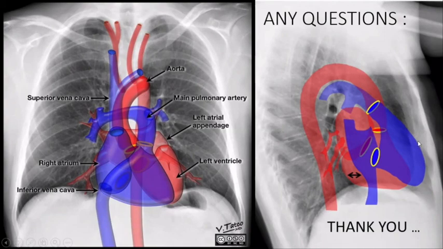Similarly, on the lateral view, we can see the right chambers of the heart are more anterior, while the left atrium is superior. This is the right ventricle forming the anterior border of the heart, and this is the left ventricle, more posterior and inferior, while the right atrium is more anterior to the left atrium, and the most superior portion of the heart is formed by the left atrium. From the right ventricle emerges the pulmonary artery and its branches. This is the right pulmonary artery and the left pulmonary artery, and from the left ventricle emerges the aorta.